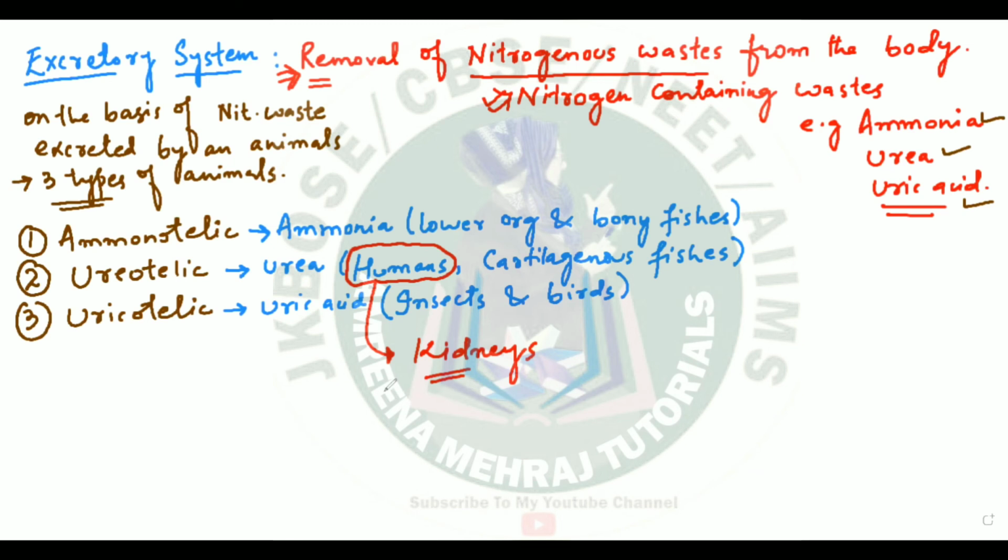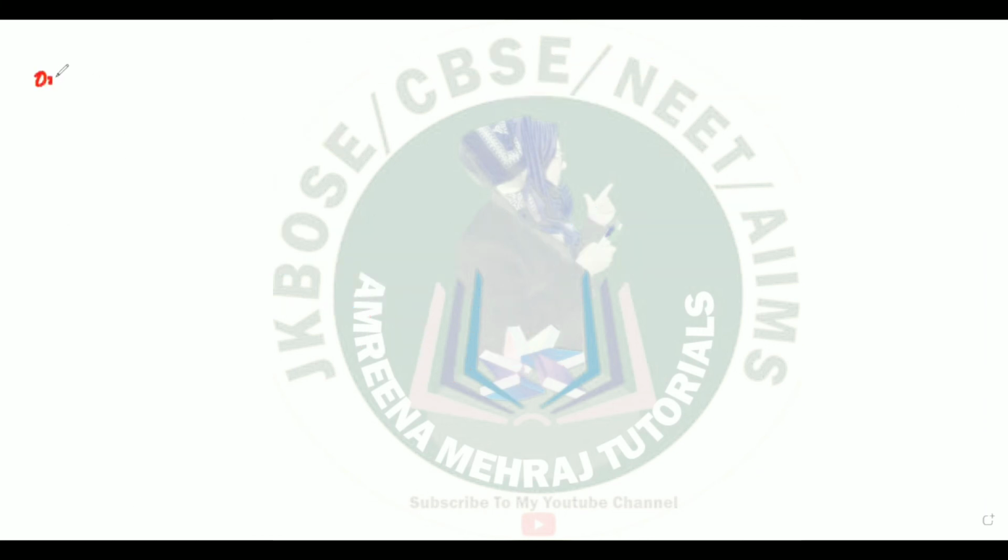Now, different animals have different structures. Yeah, humans have kidneys, but other animals like your hydra, your flatworms, your roundworms, your earthworms, your insects, they have different structures which are going to perform the similar type of job which is performed by our kidneys, but the structure will be different. So, on the basis of the structure, let me write down on the next page. So, on the basis of structures